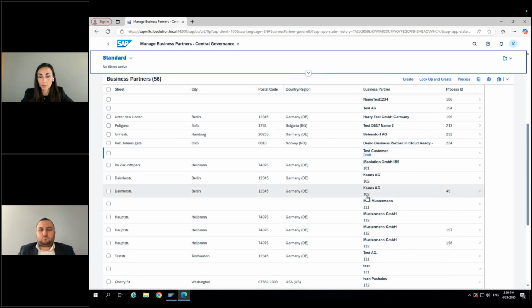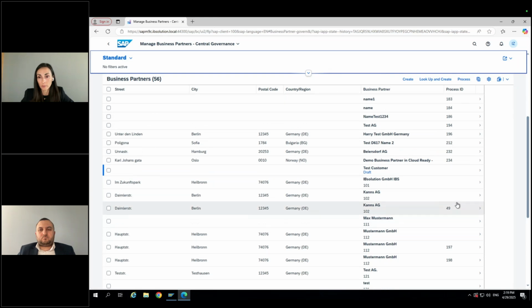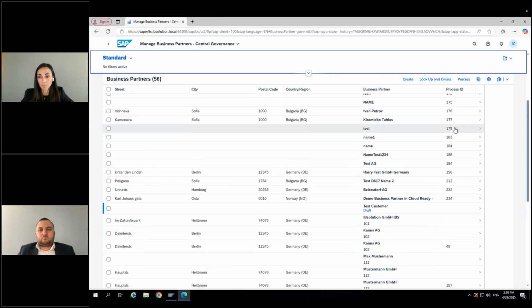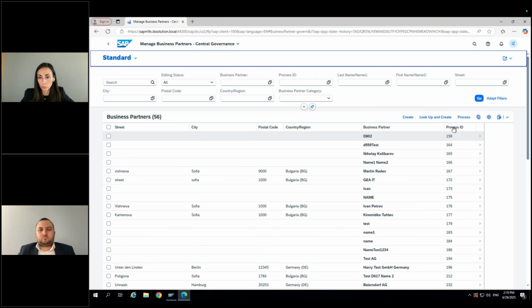But then whenever we have the number, it's already displayed below the business partner description. So in the past we had it separately, now it's united in one column. And the process ID for the completed or created business partners is also displayed as part of our list.